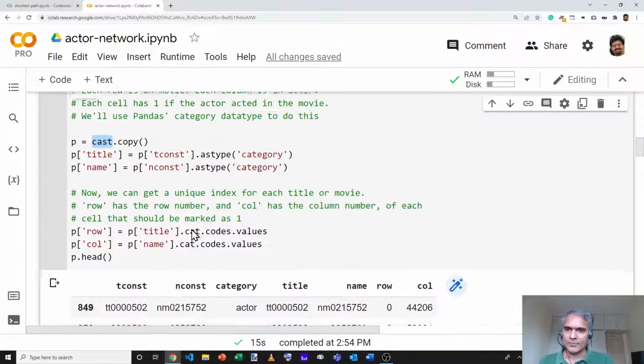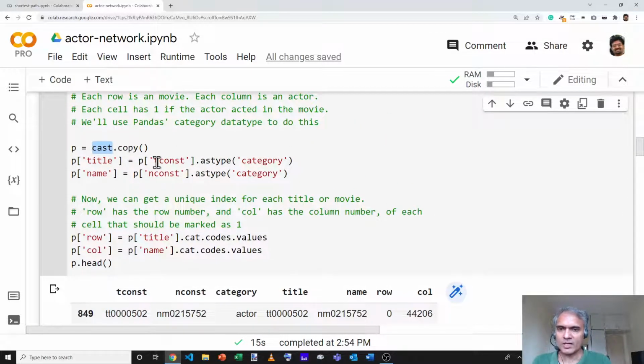Let's do that. Now, what we'll do is use the pandas category data type to do that. I'll take tconst and convert it to a category, assign it to title, and similarly nconst and assign it to name, as columns in this cast data set itself. The reason this helps is because these category column types have an attribute called .cat from which we can take .codes and .values.